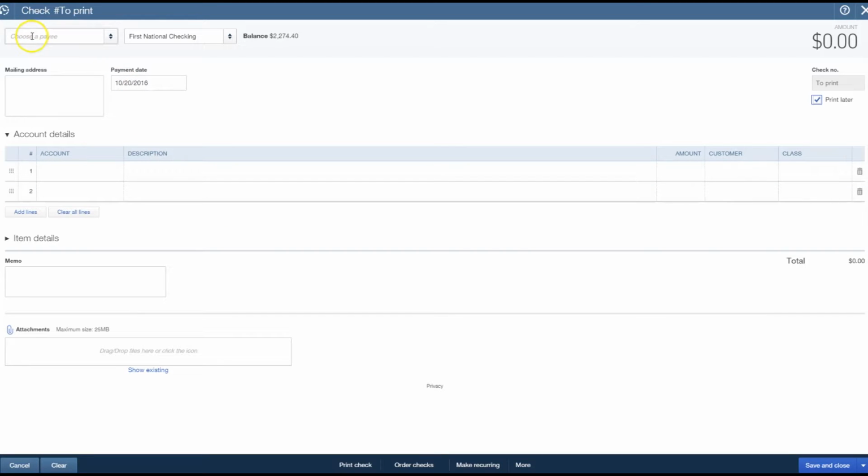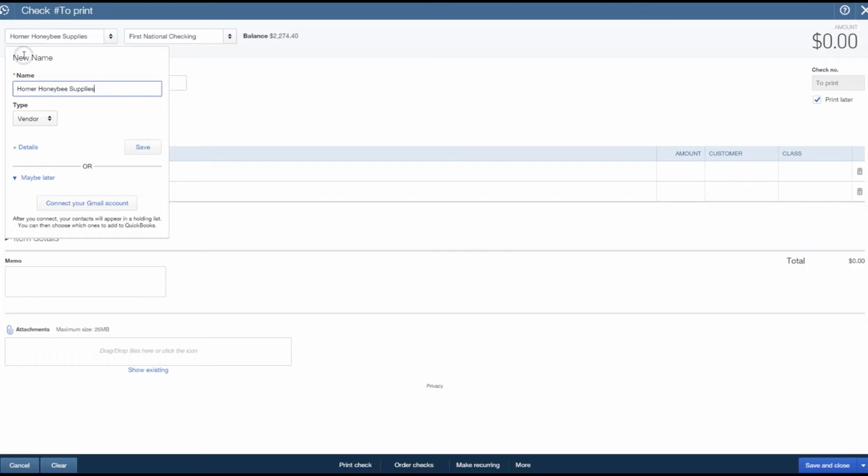So let's go up and create a check so that we're going to pay Homer Honeybee Supplies for some honeybee supplies that I got from them. As you can see, I haven't had Homer Honeybee in here before, so I click on that so I can add Homer Honeybee here. I could go in and add the details like their address and so on and so forth,